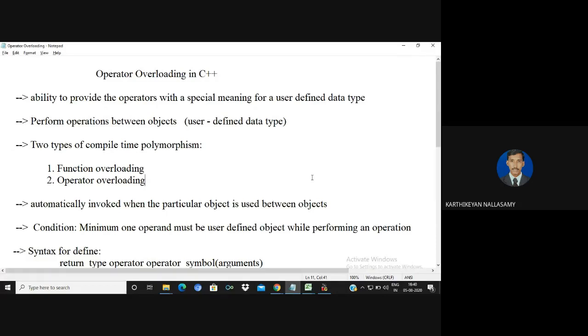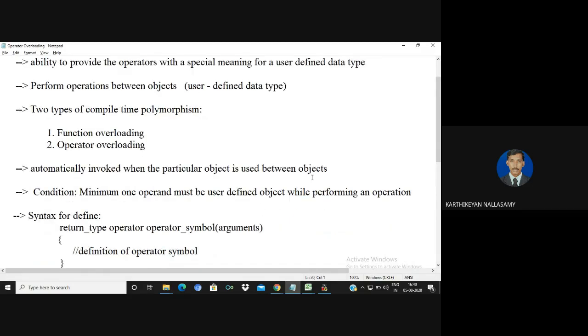In this video, I am going to explain the concept of unary operator overloading in C++. I think you already know that if you want to perform any operation on an object, we can go with operator overloading. If you're not defining operator overloading, then the compiler gives an error message: illegal structure operation.